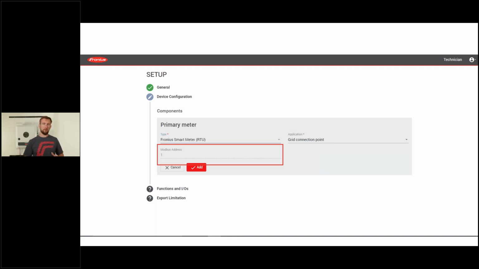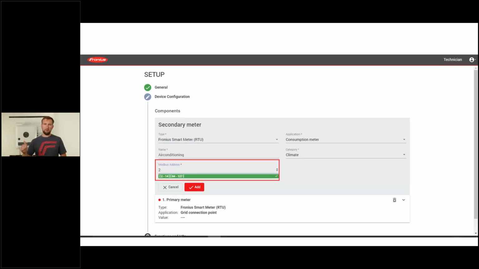Modbus address 1 is on the primary smart meter. We didn't reset that. Modbus address 1 came up as a suggestion on the inverter interface. We don't have to change that either. We simply add the component. When it comes to the second smart meter, we will, of course, have to change something. As soon as we go to add component and want to add another smart meter, again, selecting a smart meter RTU here,